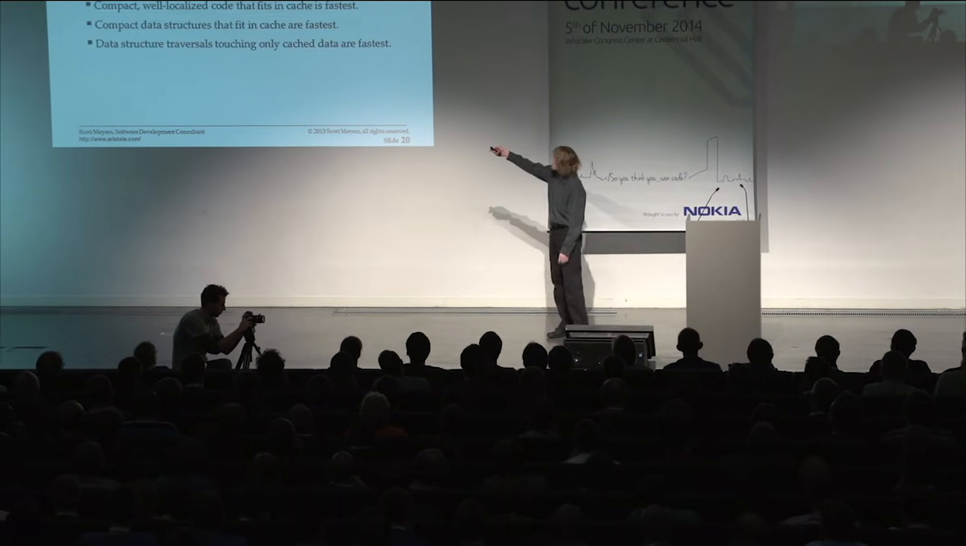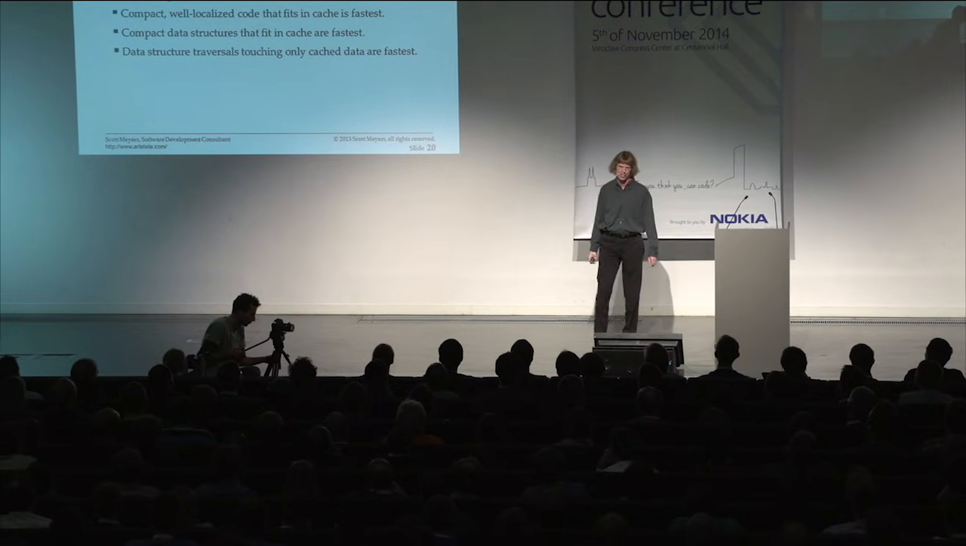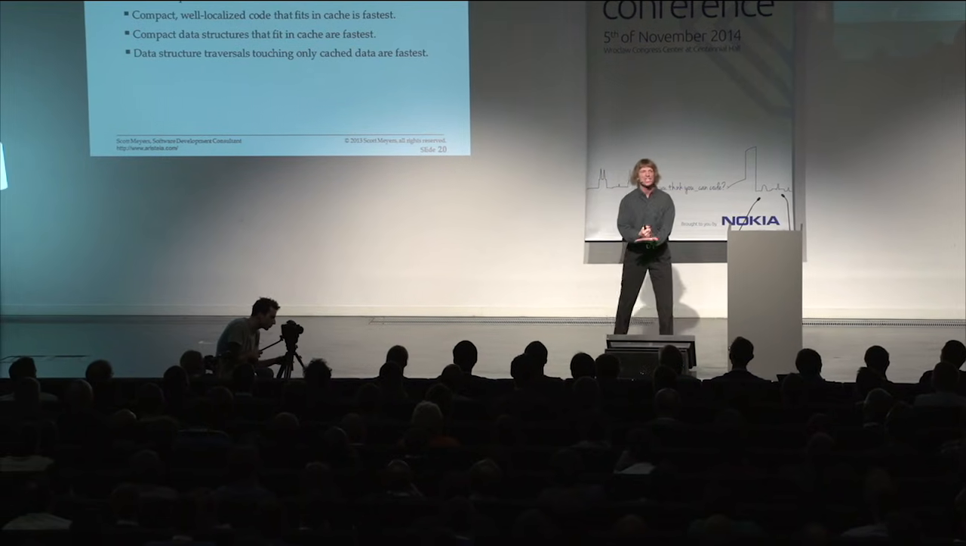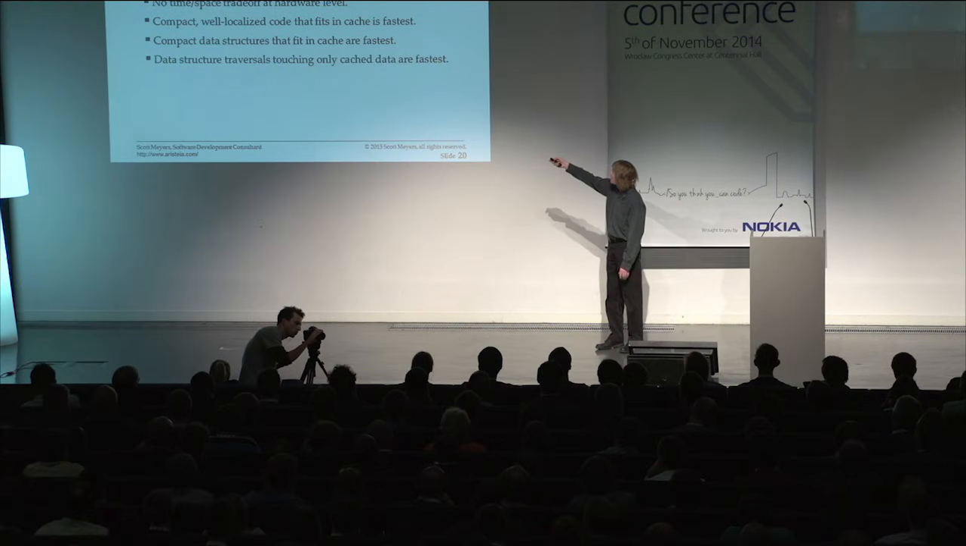Implication is, from a speed perspective, the total amount of memory in your system is the total amount of cache. Main memory is so slow to access. Practically speaking, you might as well assume it's not even there if you have any kind of performance constraints on your program whatsoever. So on this particular machine, the one I've been talking about, the Core i7-900 series, 8 megabytes